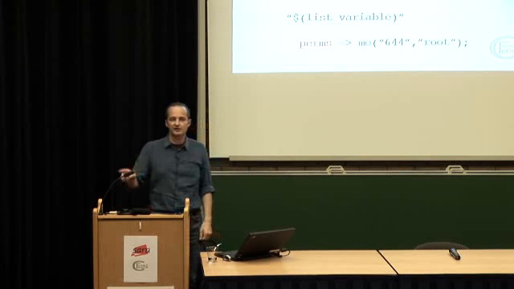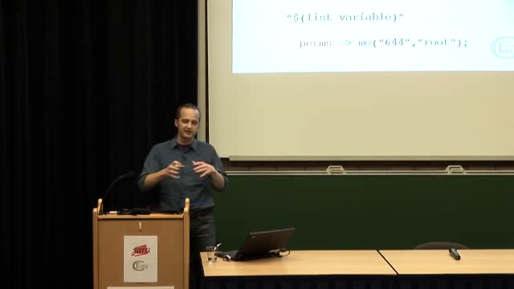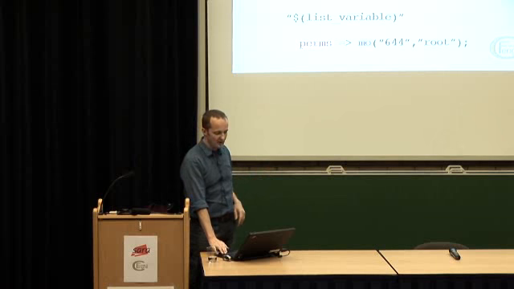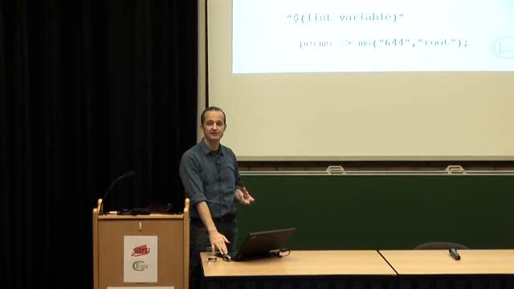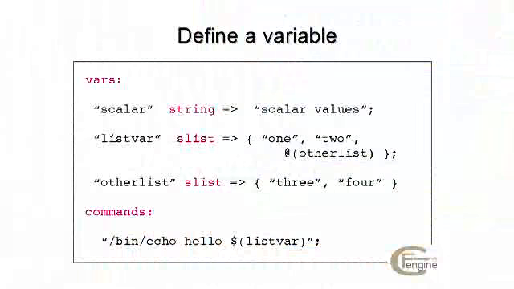So CFEngine can use lists and can expand these lists in fairly complicated ways and allow us to use patterns now to simplify the problem. So let's just look at how we define these lists for completeness. Variables promises are a kind of promise. This first line here says, the string scalar promises to be a string